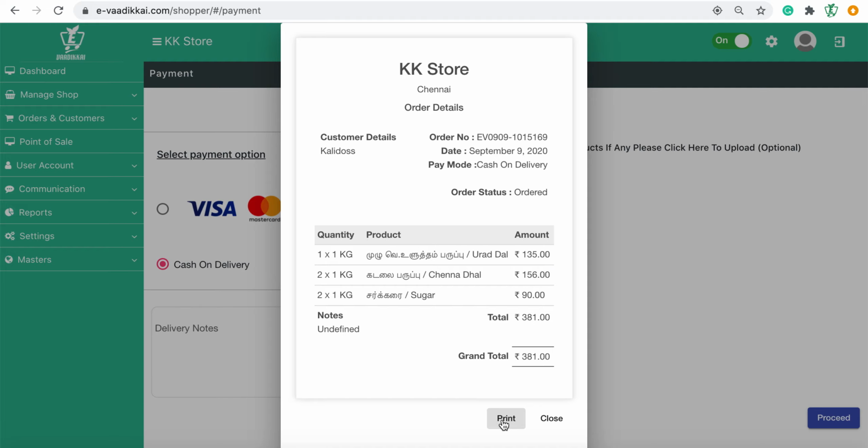So if you do it this way, the customer will immediately get an SMS: Hi, welcome to KK store, your order has been processed, you can place your coming orders using our app and website, something like that, so that the end customer uses it. When the customer comes again to your shop, they think, why can't we do it ourselves?